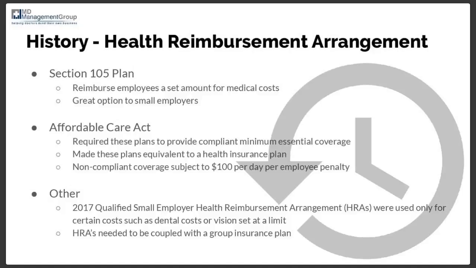Well, that worked great for a long time, and then came along the Affordable Care Act. The Affordable Care Act basically required these medical reimbursement plans to provide compliant minimum essential coverage. And they were not, so basically they couldn't have limits. You couldn't say, well, we'll limit the medical cost to $3,000 or $5,000. You couldn't do that. And you also had to make sure that the plans were basically equivalent to a health insurance plan,